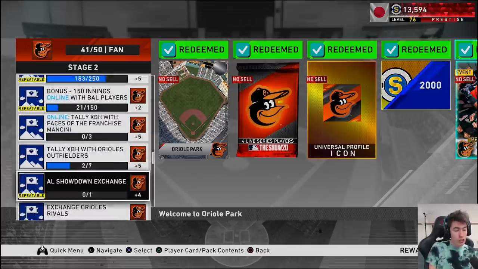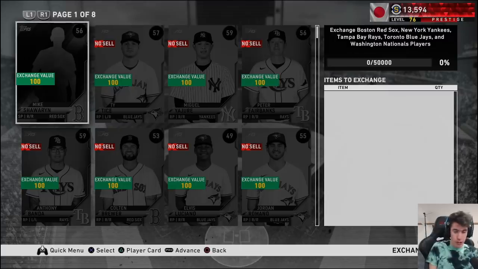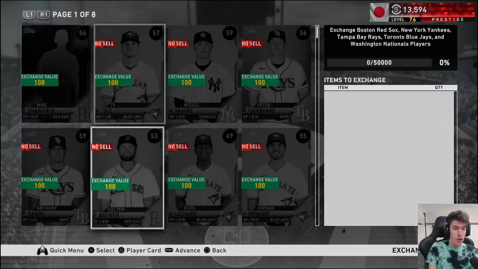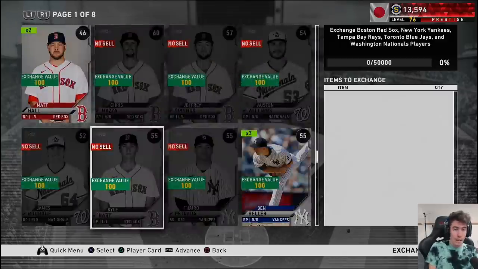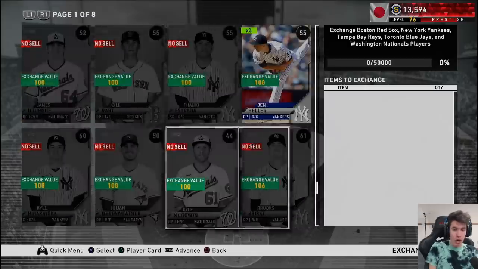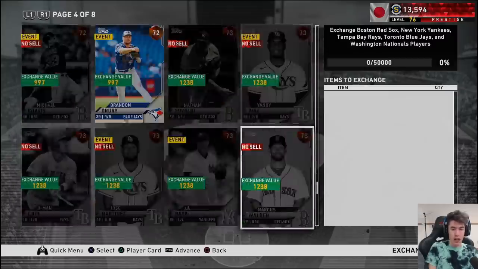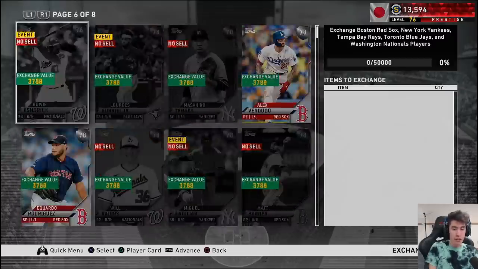So as y'all can see, there's an exchange for Team Affinities. There was one for Stage 1. This is the one for Stage 2. And I'm assuming it's going to be the exact same thing for Stage 3. And you guys can see, based on the overall of the players, that's how much you can exchange them for. It goes 100, 106, and then once you start getting into the bronzes, right, 997, 1238, maybe up until the